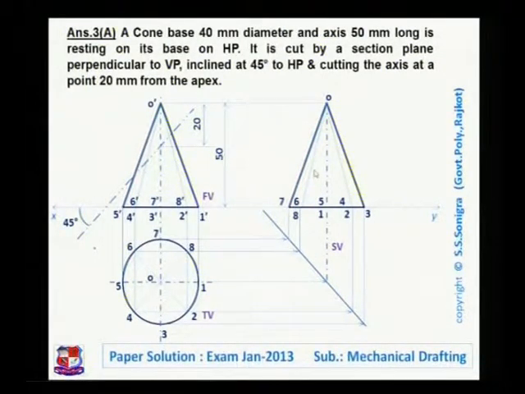So after naming all these points in all these views, we proceed further to find the point of intersection between the cutting plane and these lines. So for that, pick up this point, the intersection of this cutting plane and imaginary generator O dash 1 dash. Here one point is there. So from that point, draw a vertical line that will cut O1 at one point over here. Similarly, from this point, that is the intersection of O dash 2 dash and the cutting plane, one point is here. So from that point, draw a vertical line, and that vertical line will cut O2 at one point somewhere here.